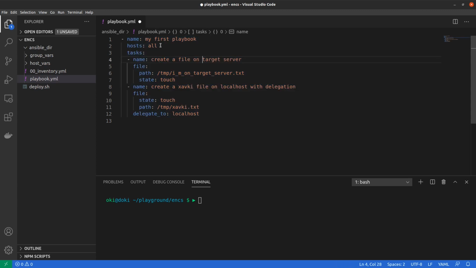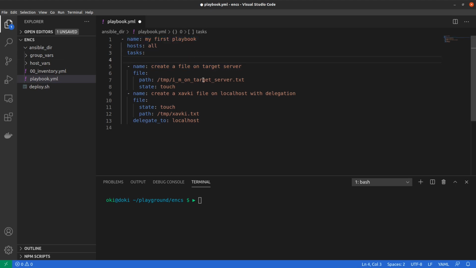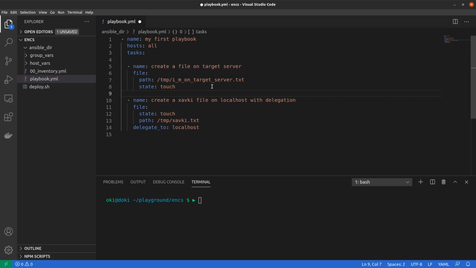So what I do, I want to run this playbook on the all group, and I run 2 tasks. The first task creates a file in /tmp on each server with the file module, and I simply do a touch, creating a file named I'm on target server.txt.